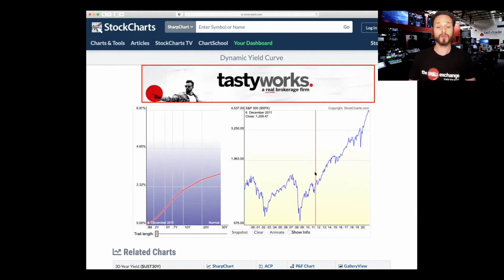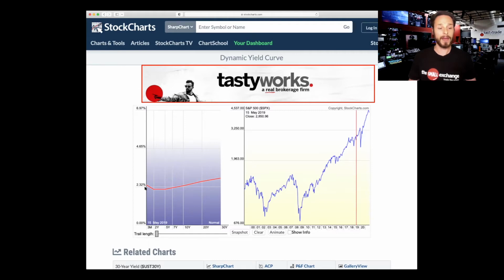Now, if I click and drag my cursor along this SPX chart on the right, you can see on the left-hand side what the yield curve was doing at different periods in time. So you can see it's starting to get a little bit flatter as we go towards 2017 and 2018. So that's a bit flatter yield curve right now. And then it's getting even flatter there. And if I keep going into around 2019, right around May 2019, the yield curve was actually inverted on the